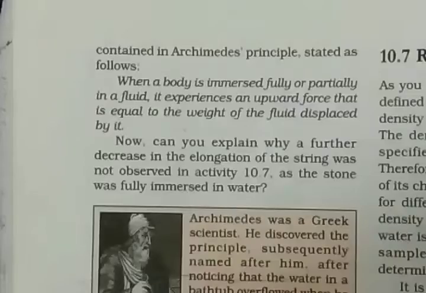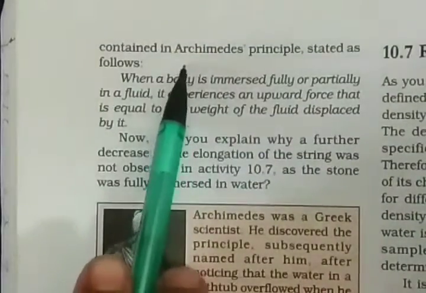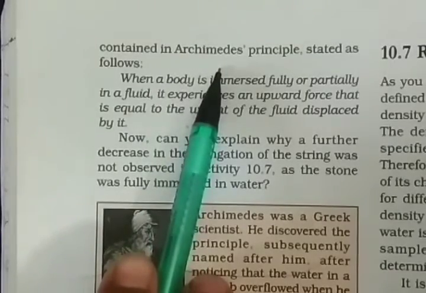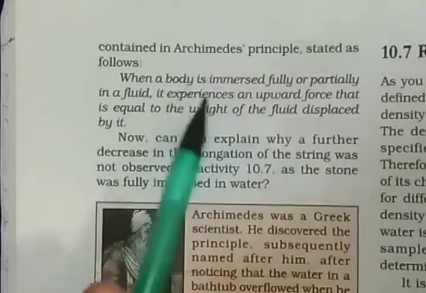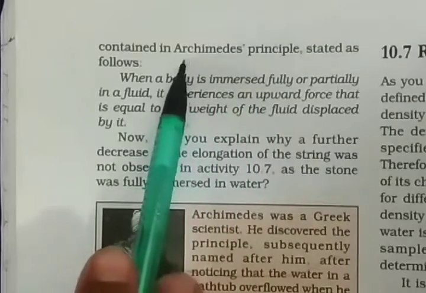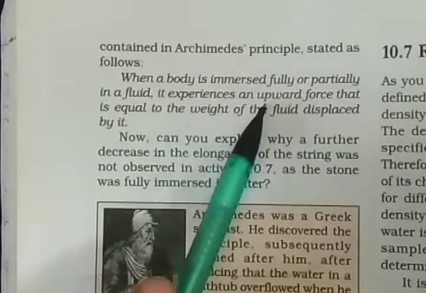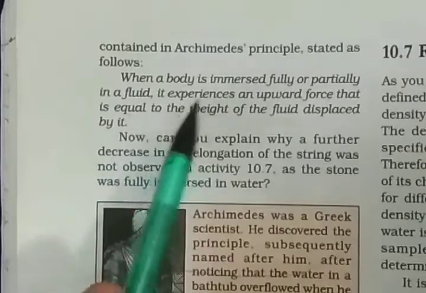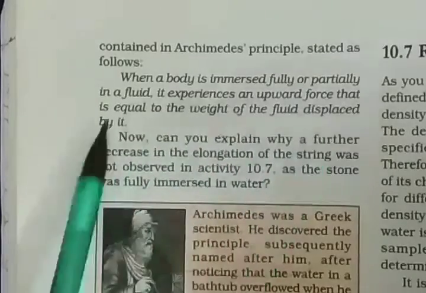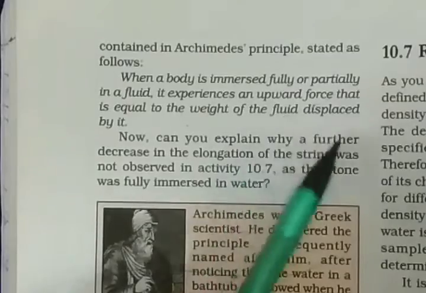So now we will be curious to know the magnitude of buoyant force, what it is, right? There is some force which is acting on that body. So how much force is acting? We will try to find it out. The answer to this was given by Archimedes. He was a scientist. On his name, the principle is derived, so it is called Archimedes principle. He says that when any body is immersed fully or partially in a fluid, it experiences an upward force that is equal to the weight of the fluid displaced by it.